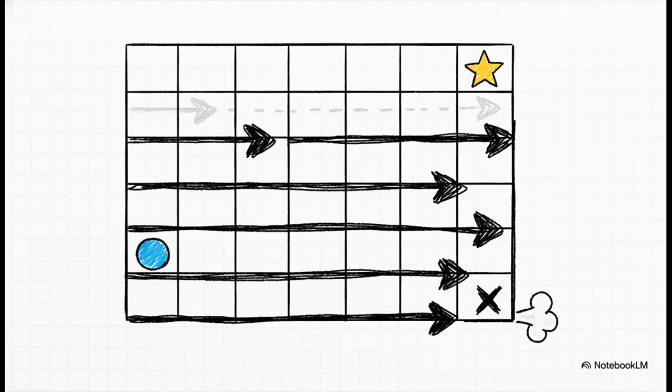Now let's give our agent, let's be honest, a pretty terrible starting policy. Its entire strategy is no matter what, just move right. Now, from some spots, this might actually work, but from most places, it's just going to miss the goal completely. It's a bad policy, but hey, it's all our agent knows for now.